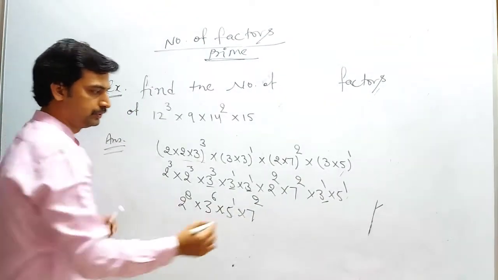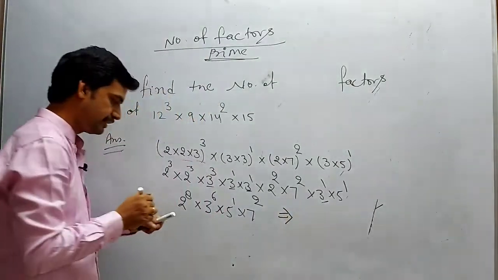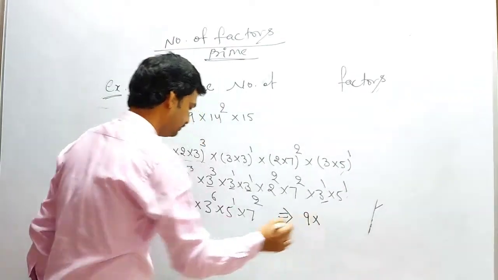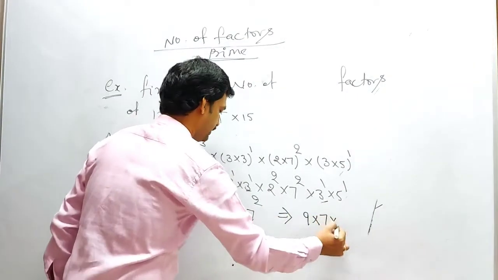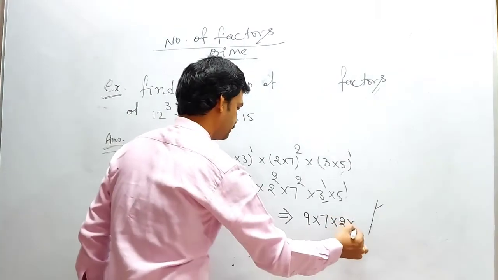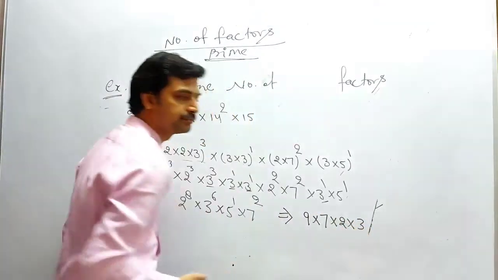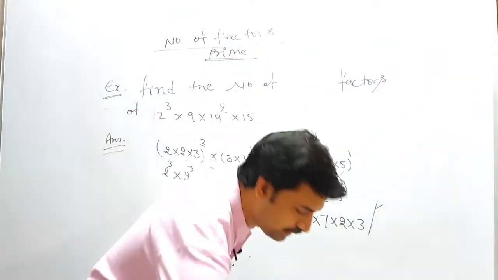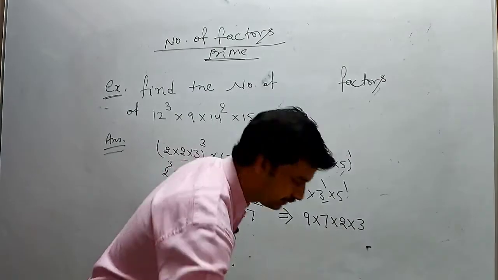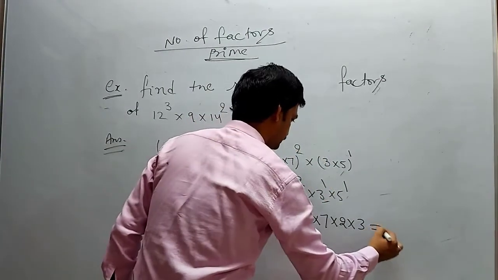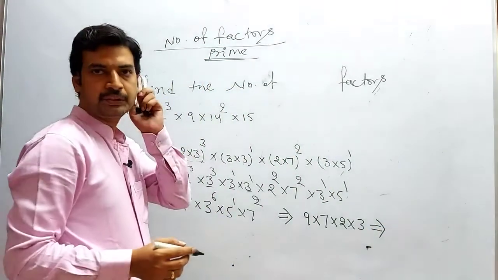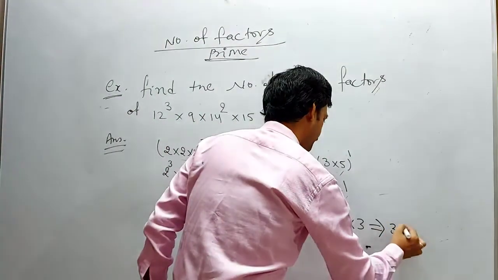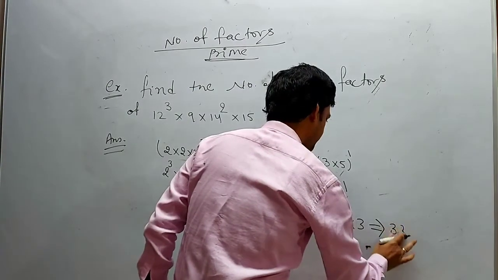So what we'll do next? We'll increase every power by 1. So this will become what? 9. 8 plus 1. Into 6 becomes what? 7. Into this becomes 2, into this becomes what? 3. Right? So this will become what? 42 into 9, which is equal to, the answer is what? 42 into 9. It will equal 378.